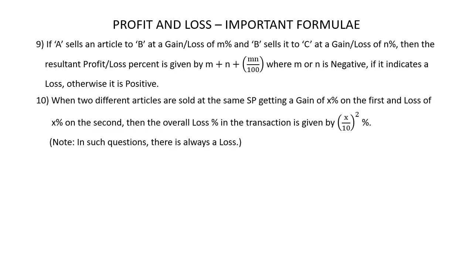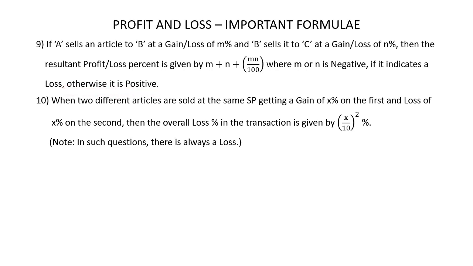Here are a few more formulae on profit and loss. If A sells an article to B at a gain or loss of M% and B sells it to C at a gain or loss of N%, then the resultant profit or loss percent is given by M plus N plus MN divided by 100, where M or N is negative if it indicates a loss, otherwise it is